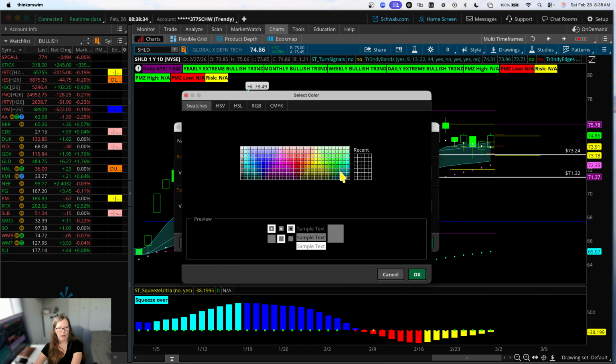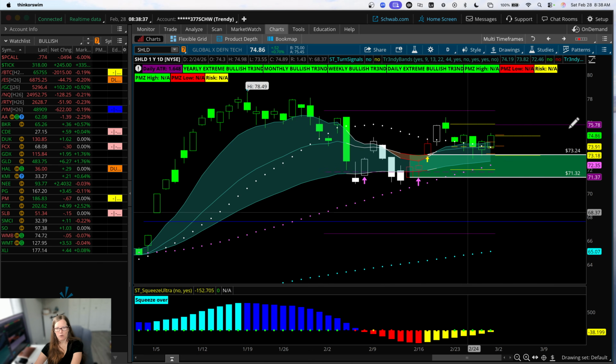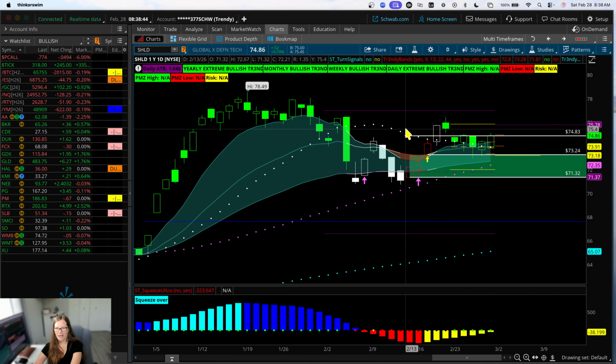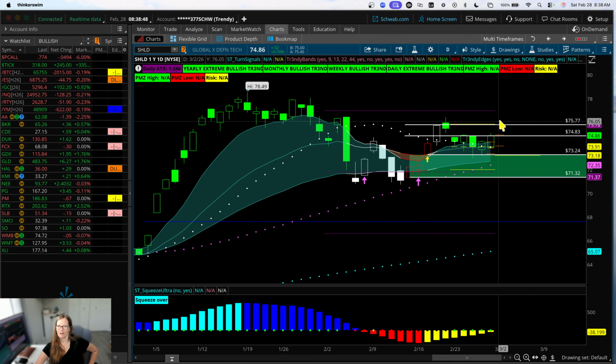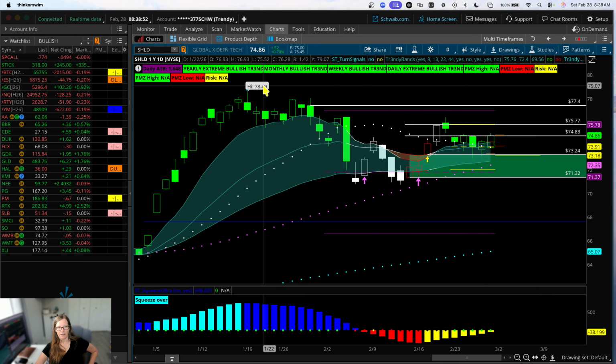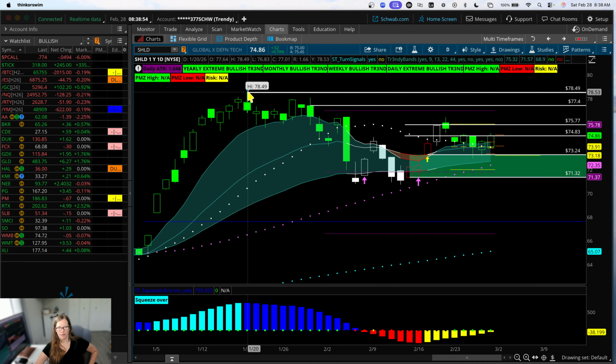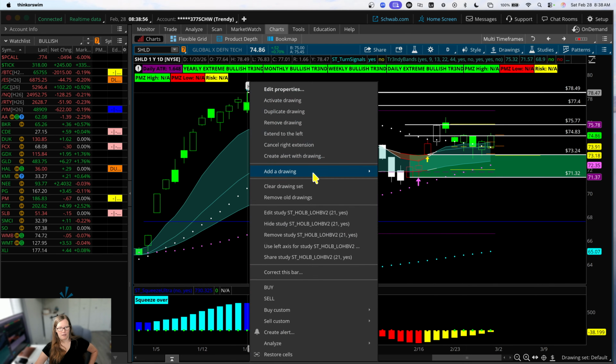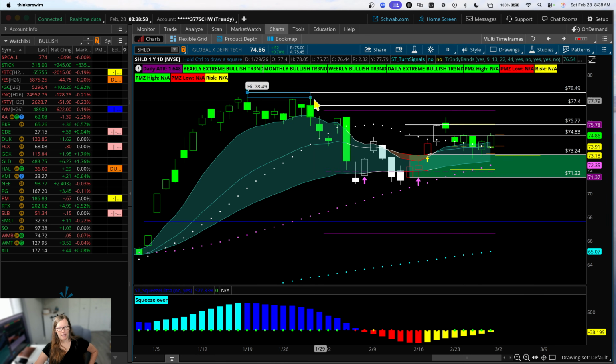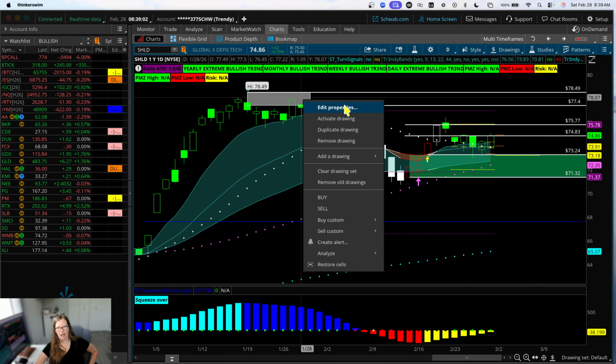This is what the pullback would look like. That's lining up really nice with that lower weekly and lower monthly edge. As far as resistance goes, this would be the first area to trim. Not a lot of movement, room to move to the upside, but here is the target. Okay, so I got a first trim or a first target somewhere around 75, and then